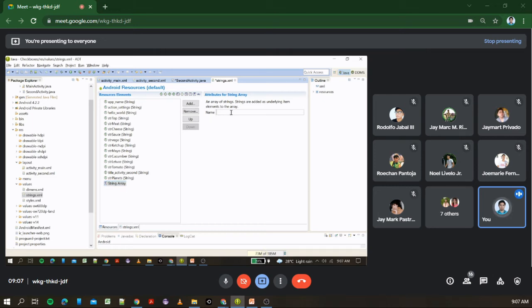So, now we are going to name our string array. Pangalanan natin siya na planet underscore array. Then, save natin. Nakaraan, saan ba ako nag-create ng array? Sa code or dito sa design? Hindi ko sure kung saan. Pero dito sa code,